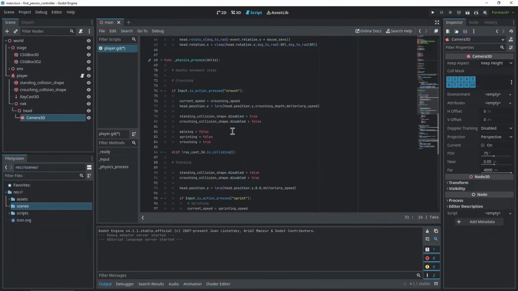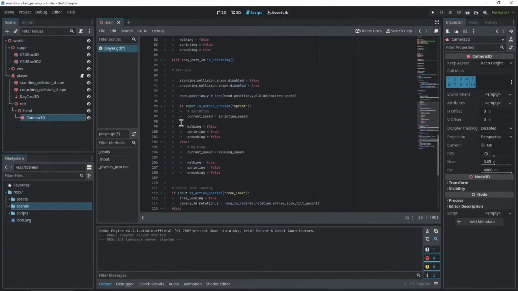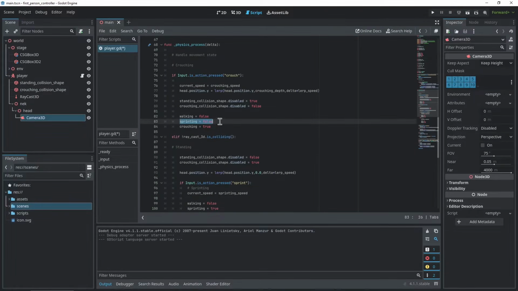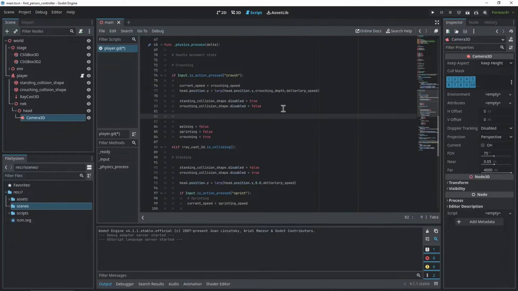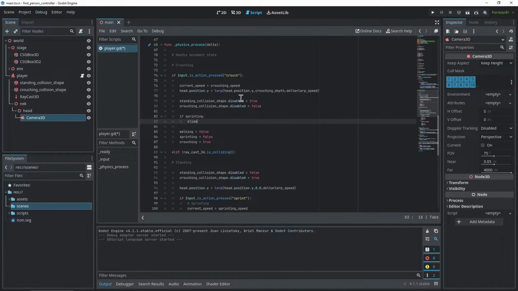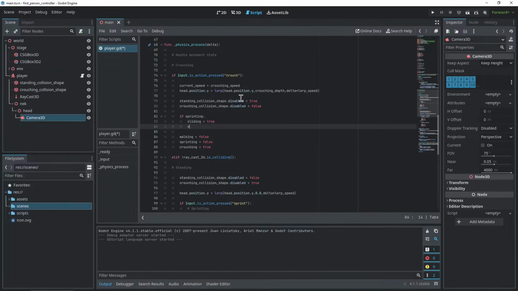You're going to want to slide when you're sprinting and you're pressing crouch. So in our state machine, we have these states for sprinting and for crouching. And we can actually detect when we're going into the crouch state if our last state was sprinting, just by adding our logic above the state setting. So in here, we're pressing crouch, and if we are currently sprinting, then we're going to be sliding. So we'll set our sliding state equal to true,